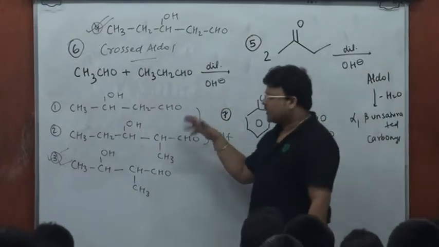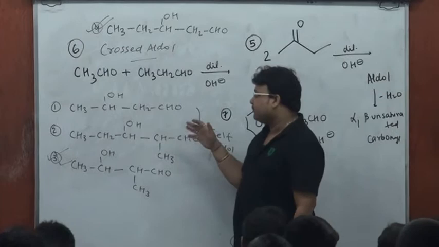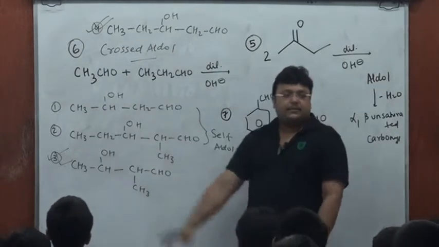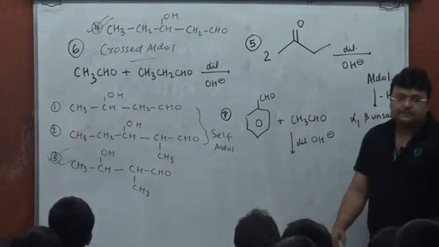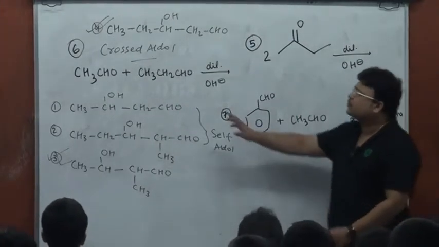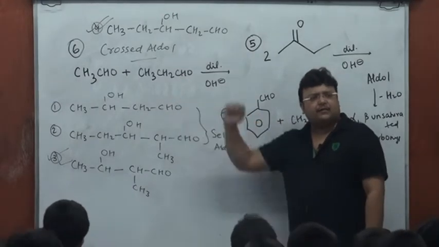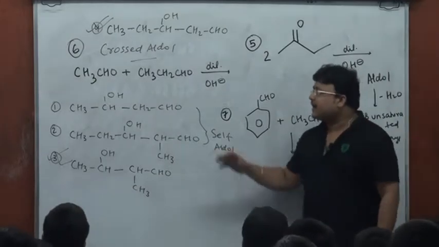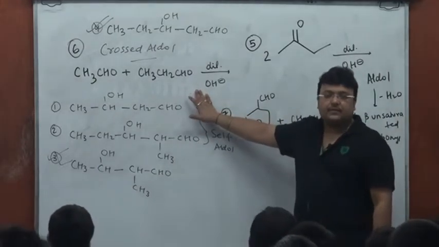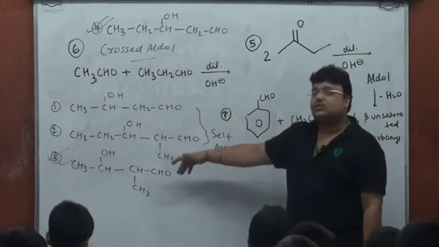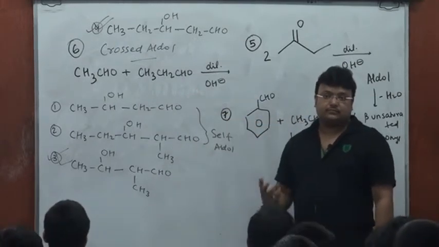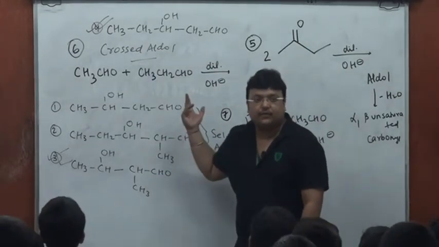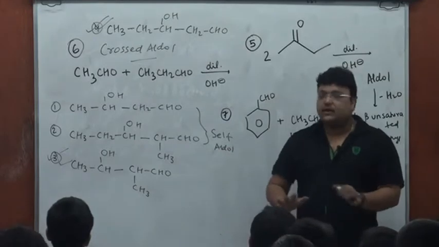Every time I draw an aldol, I just confirm if I have drawn a beta hydroxy compound or not, and all of them evidently are beta hydroxy carbonyls. Fine. You understand, both of them are having alpha hydrogen, you end up having 4 products. So try to answer this. What do you think? Whenever I carry out an aldol of this kind, do I want 1 2 or 3 4? Do I want product of the kind 1 2 or I want product of the kind 3 4? You all make out? You all understand this?